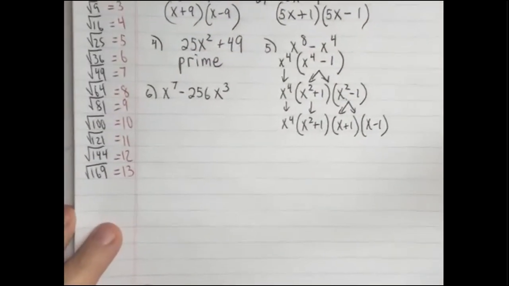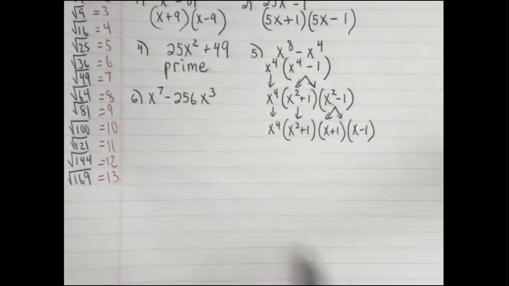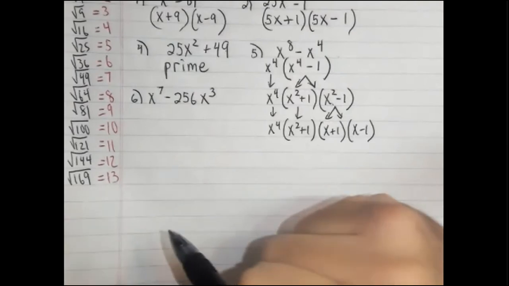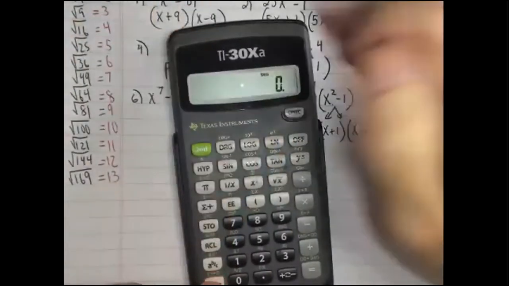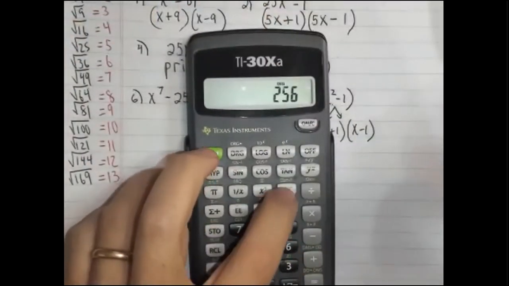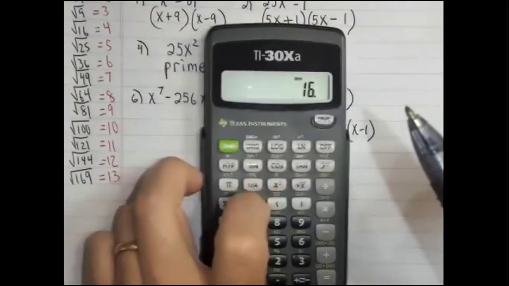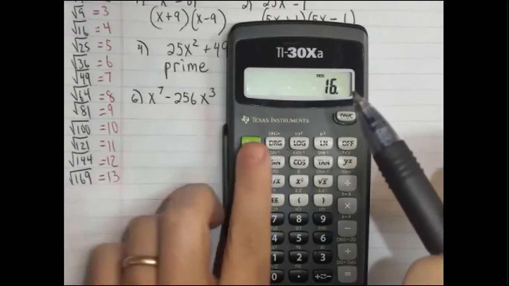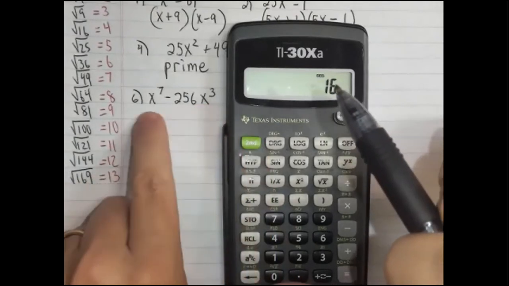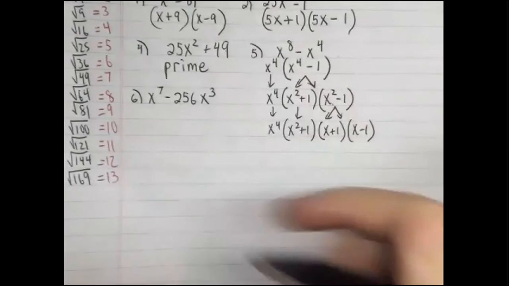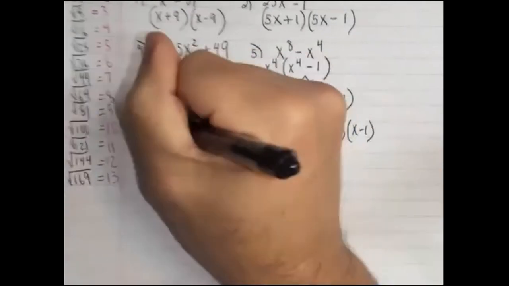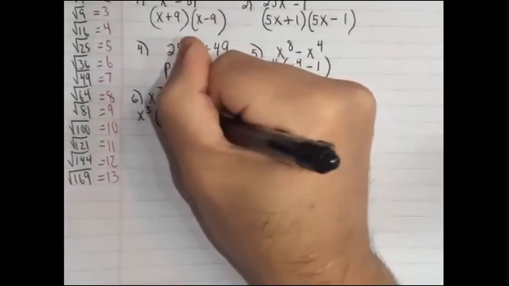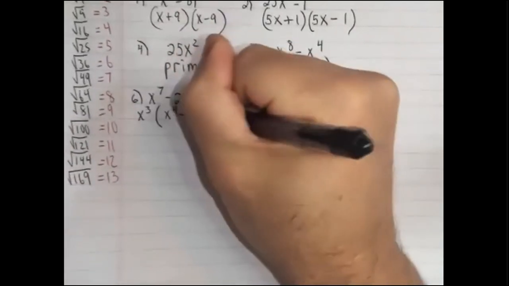All right, so with this negative 256, it is not on my chart. I didn't go that far down, but you can always check these. You put 256 in your calculator, hit the square root button, and you'll get 16. So that is a perfect square as well. But even before I start doing that, we have x's in both sides, so I've got to factor. I can factor out x to the third, or 3 x's. And what is that going to leave me? x to the fourth minus